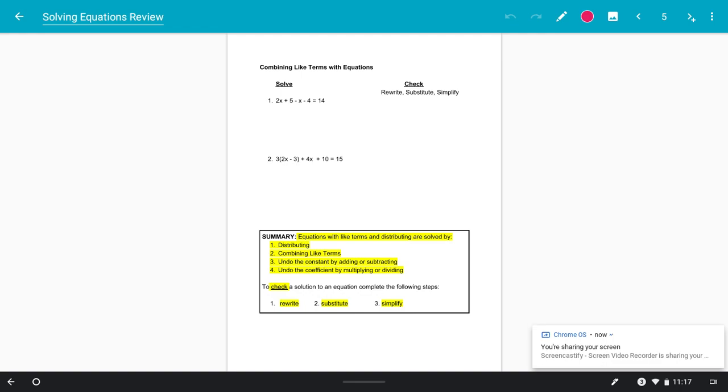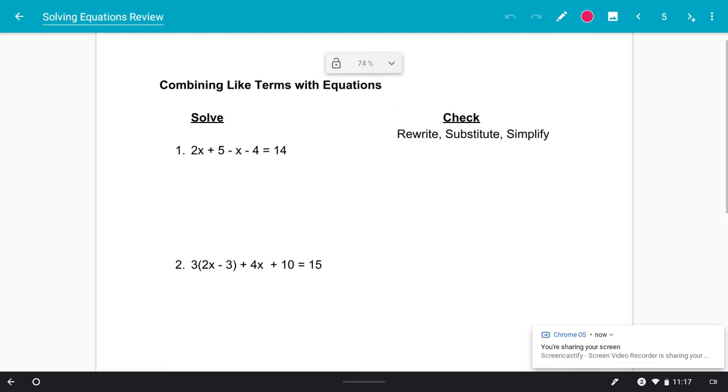All right, and so in our last video here, we're going to talk about combining like terms with equations. So when we have the option to combine like terms and distribute, we always want to distribute first. But sometimes before we can start moving stuff from one side to the other, we need to tidy things up on the one side. So looking at our first example here to solve, we have 2x plus 5 minus 1x